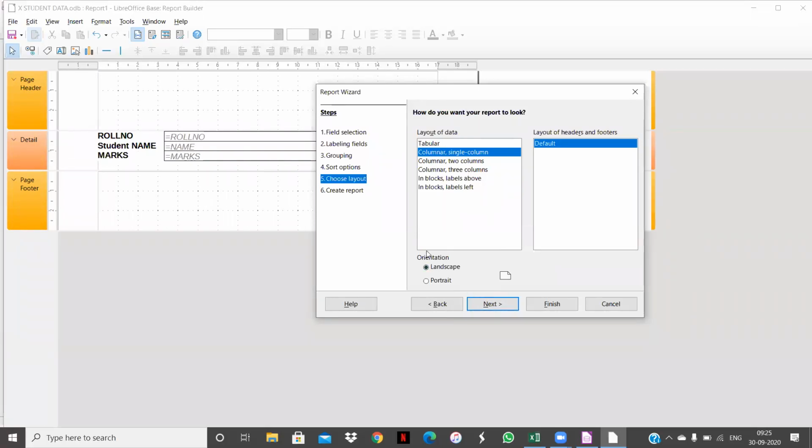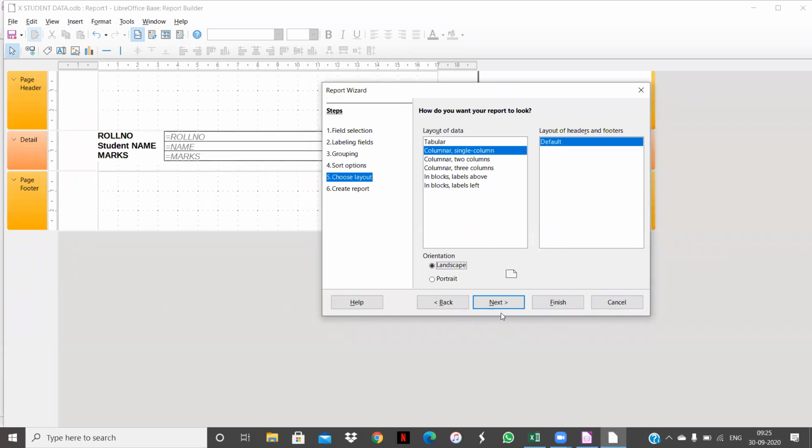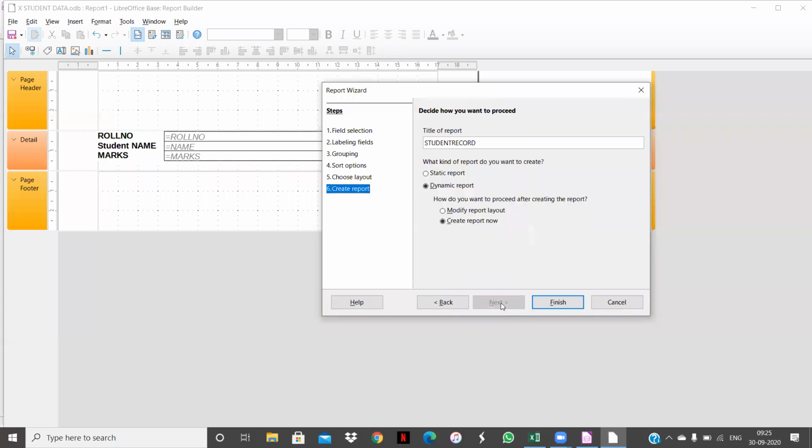After that it is showing orientation, means orientation of data, whether you want to show your report in landscape mode or in portrait mode. Now this one is called portrait mode and this one is called your landscape mode. Here you can click on next.